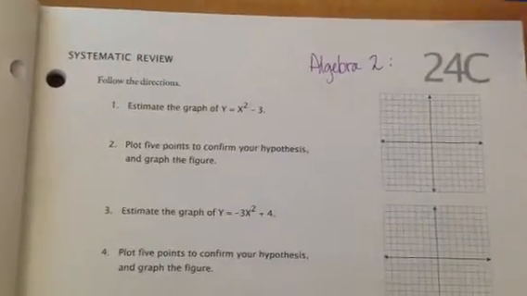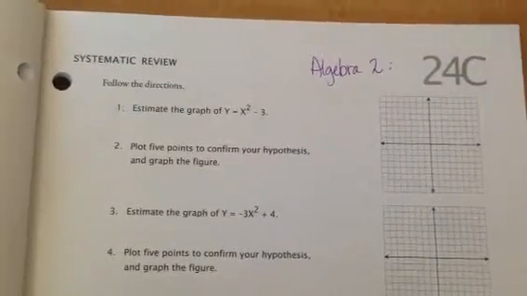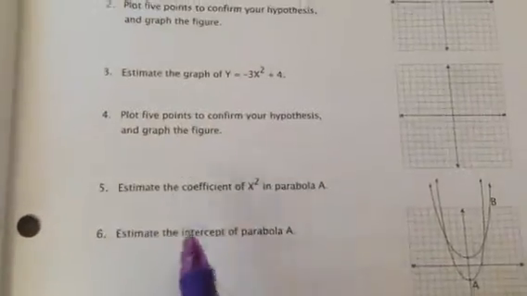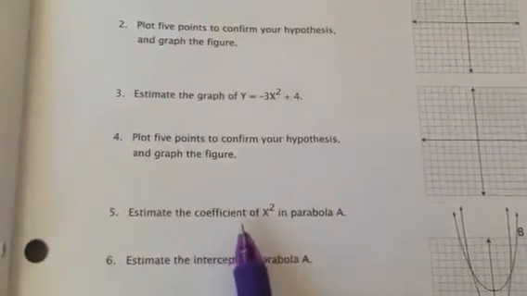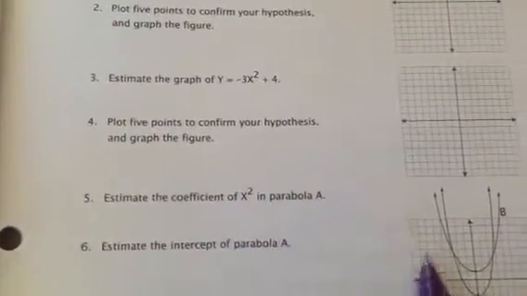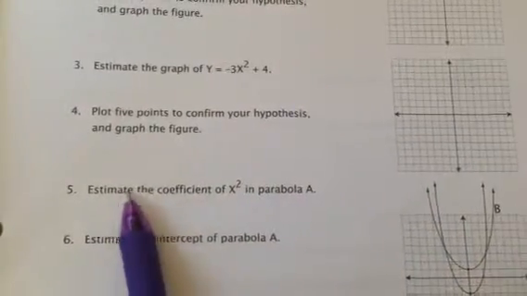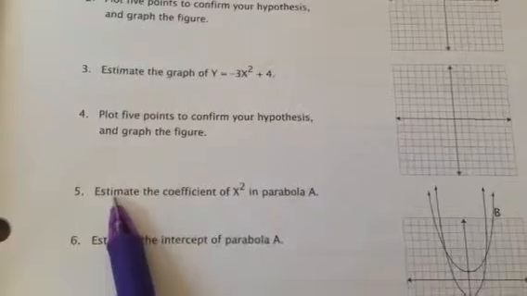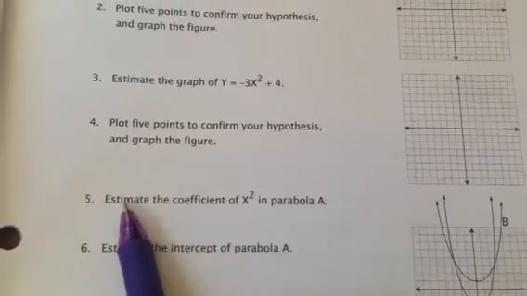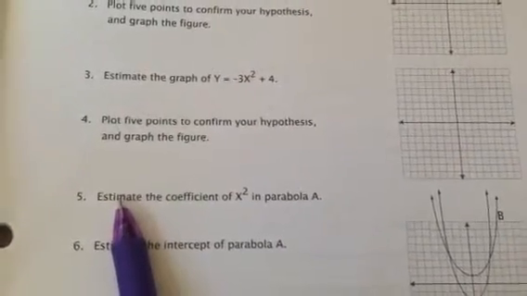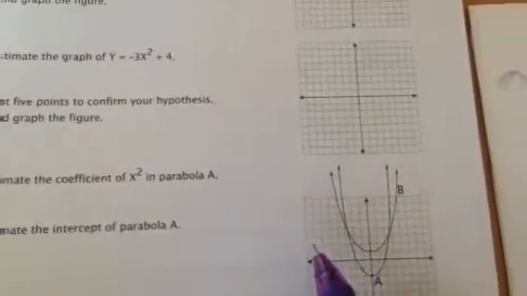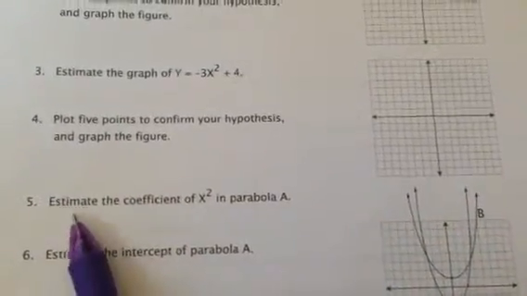Okay, this is for Algebra 2, 24C, and I had a specific question on how to estimate the coefficients of x squared in these two parabolas right here. And remember, this says estimate, so if you're anywhere close, I'm good for that. The main thing is, remember, you should know what the standard equation of a normal parabola